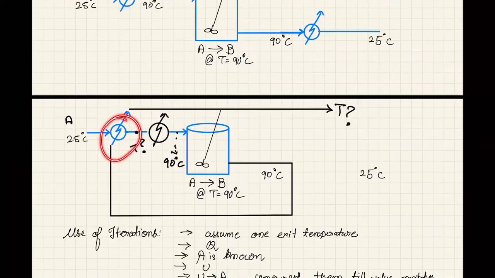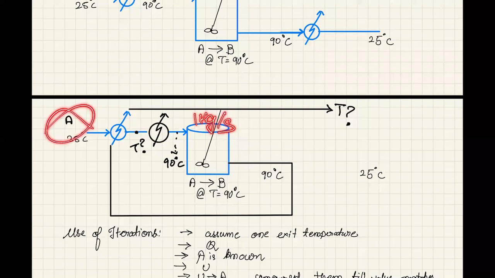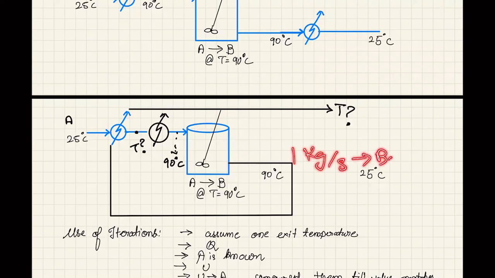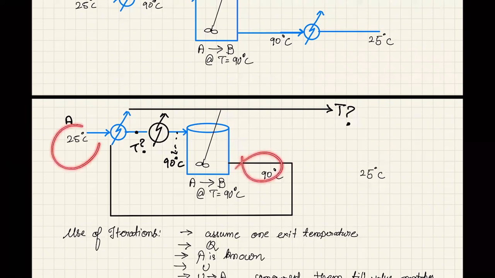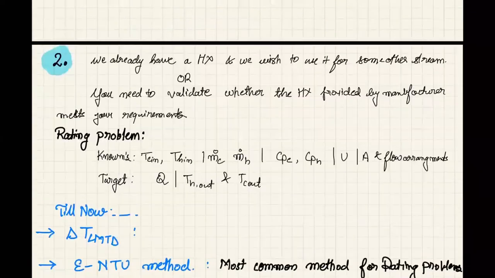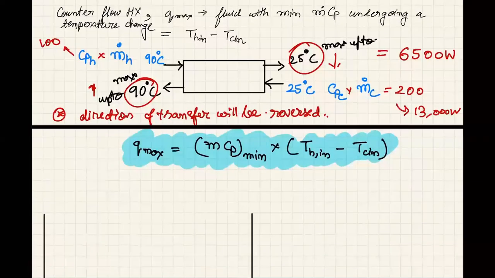Like we put the heat exchanger earlier, where this reactor needs 1 kg per second of A, and its product is 1 kg per second of A plus B. You know the mass flow rates. This is a hot stream, this is the cold stream. You know the mass flow rates now, and you know the Cp values also for the particular hot and cold stream. Is it clear up to here?